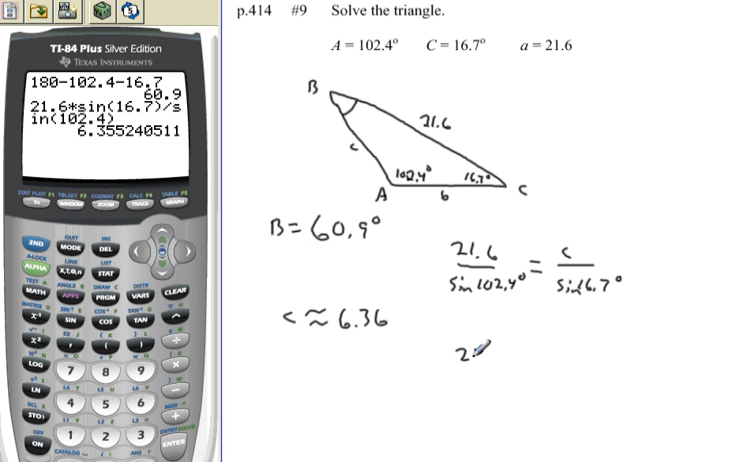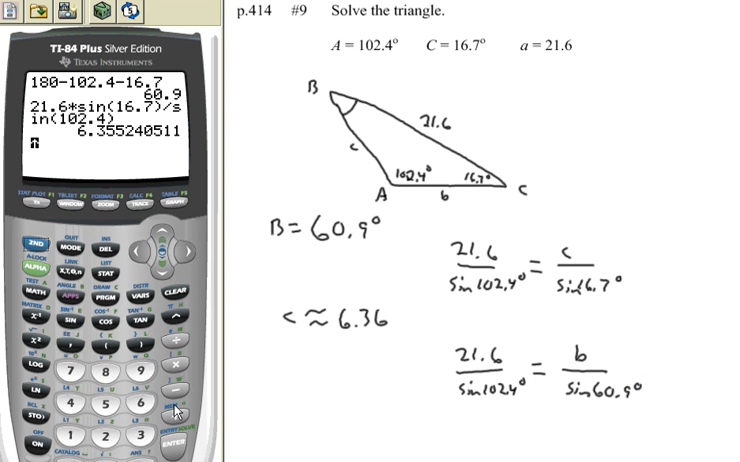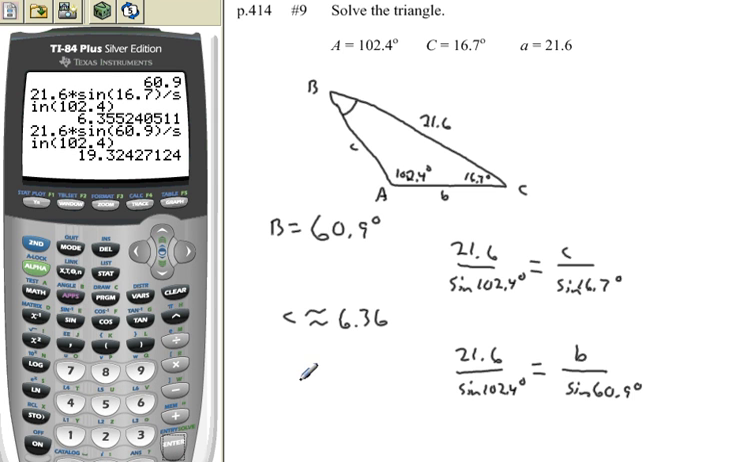I can say that, hey, I know 21.6 over the sine of 102.4 degrees is always constant. So that is equal to side B divided by the sine of angle B, which we found up here, so the sine of 60.9 degrees. So I can set up the same kind of proportion. In fact, I'm going to do the same kind of calculation. 21.6 times the sine of, in this case, 60.9 degrees, divided by the sine of 102.4 degrees, gives me side B, which is about equal to